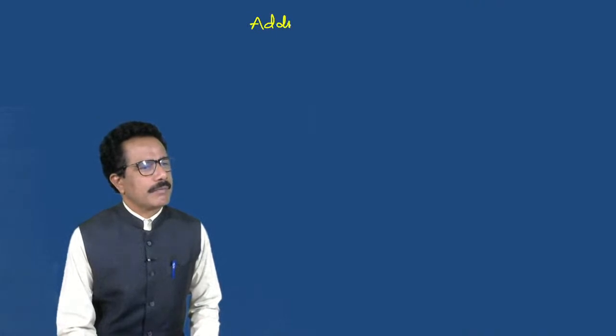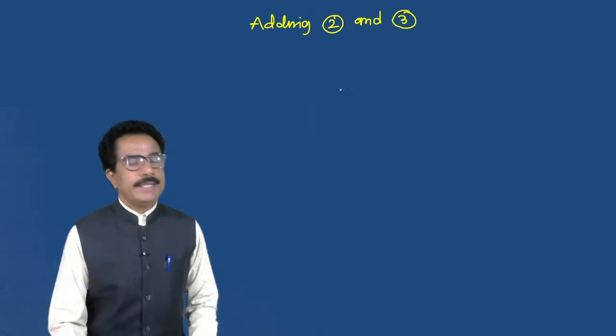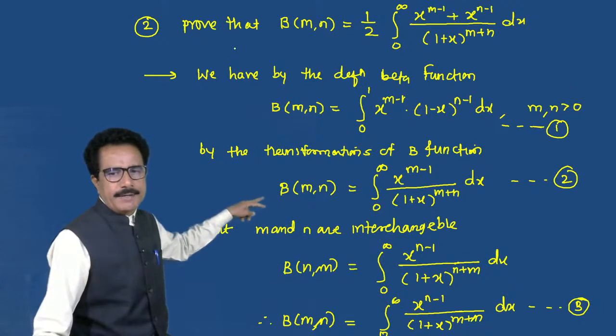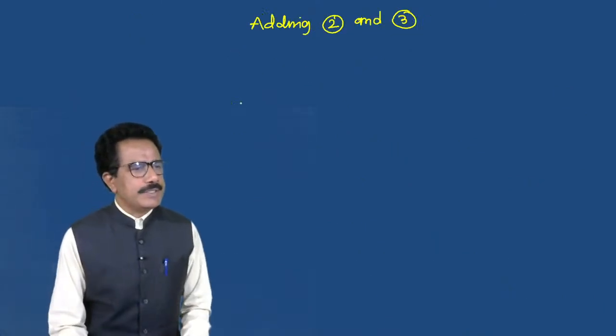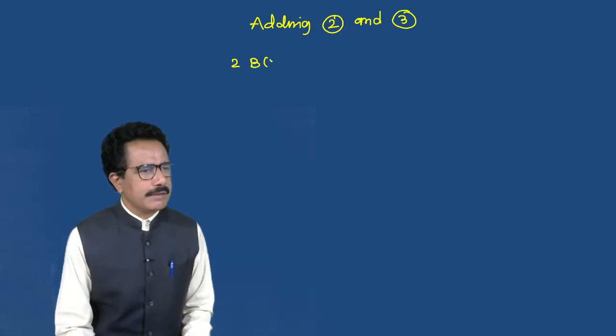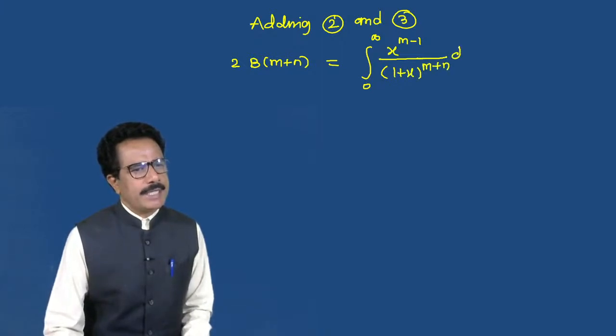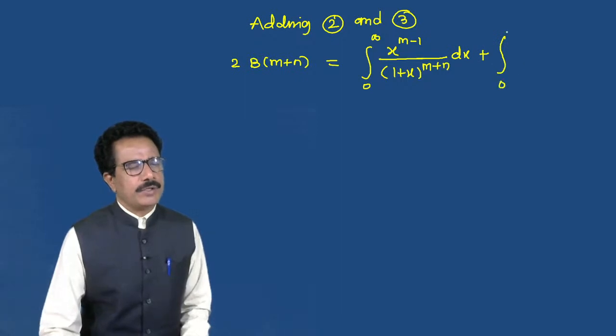Adding 2 and 3, we can write beta m comma n plus beta m comma n, which means 2 times beta of m comma n, is equal to the integral from 0 to infinity of x raised to m minus 1 divided by 1 plus x raised to m plus n dx plus the integral from 0 to infinity of x raised to n minus 1